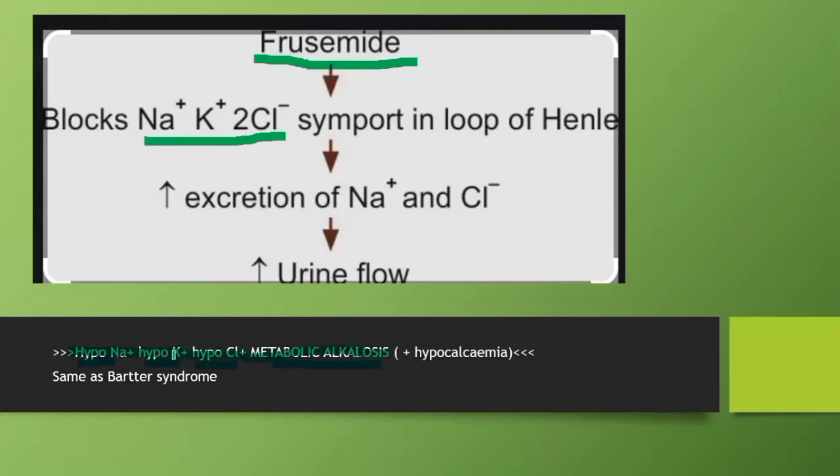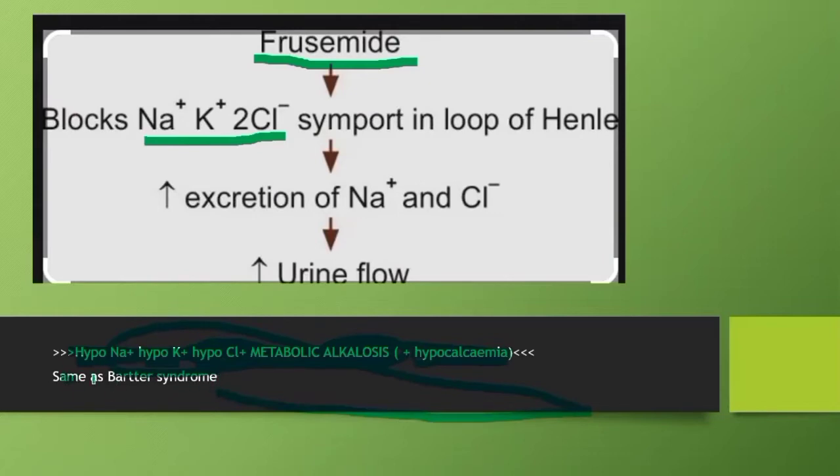They are going to give you a question like, okay, a child has come to you and the biochemical picture is hyponatremia, hypokalemia, hypochloremia with metabolic alkalosis. There may be a history of use of diuretics and there may not be. So you have to think about furosemide, because excessive use of furosemide leads to this biochemical picture. Along with that, there will be hypocalcemia. Whenever there is hypocalcemia along with all these features, it shows the biochemical picture of Bartter syndrome.